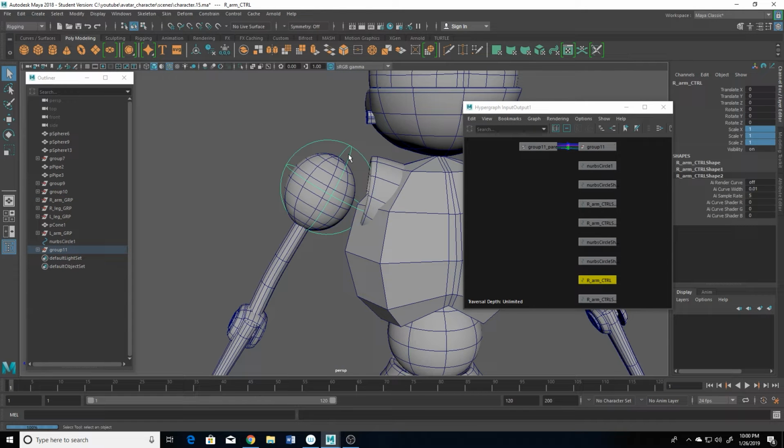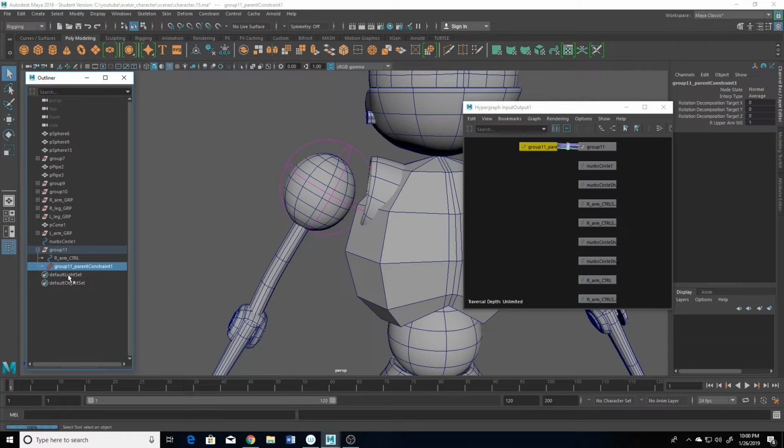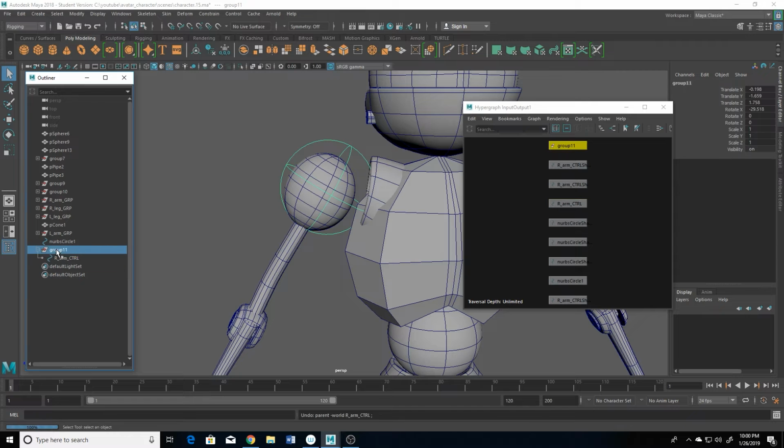Now when I click on the control, look at that. The control is totally clean. Zeros and ones, that's what we want. And I don't need the parent constraint anymore. I'm going to click on the parent constraint right here in my outliner, and I'm going to delete it. So I'm going to name this group. I'm going to double click on that and name it R underscore arm underscore CTRL underscore GRP for control group. I'm not going to use this group for anything other than connecting it in a hierarchy